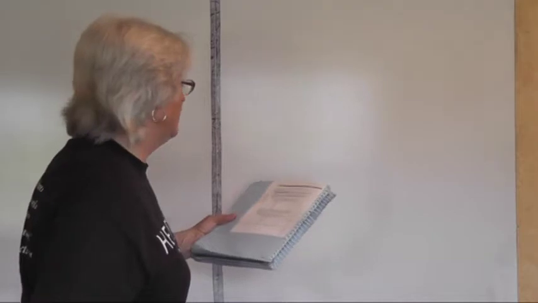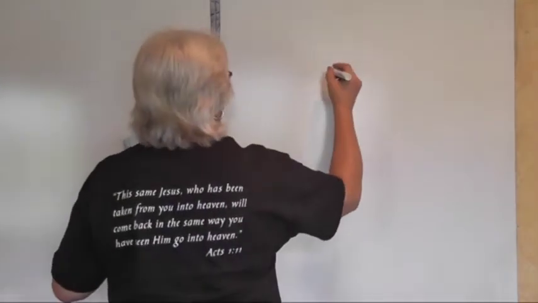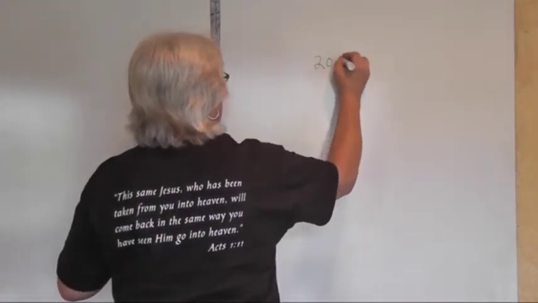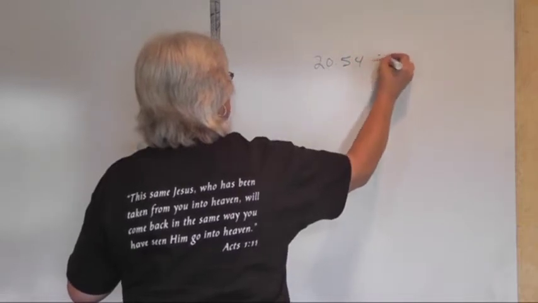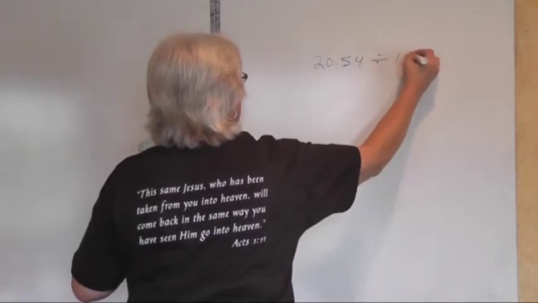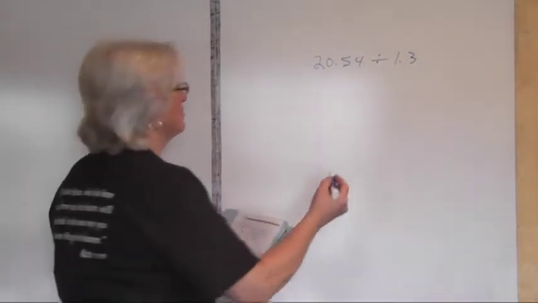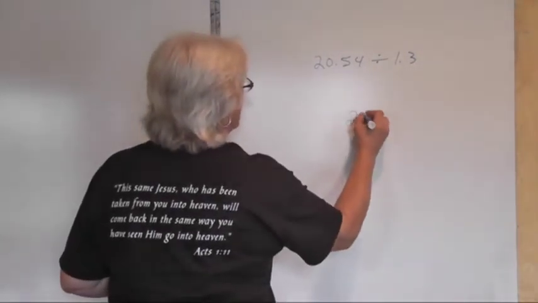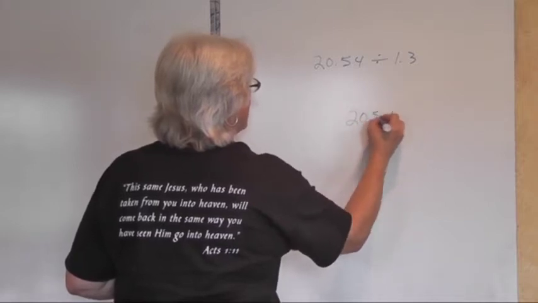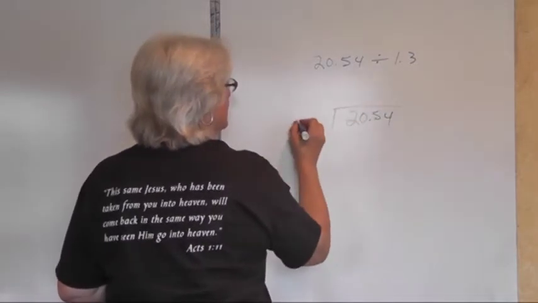We have 20.54, 20 and 54/100ths, divided by 1 3/10. So let's go ahead and write that as a long division problem: 20 and 54/100ths divided by 1